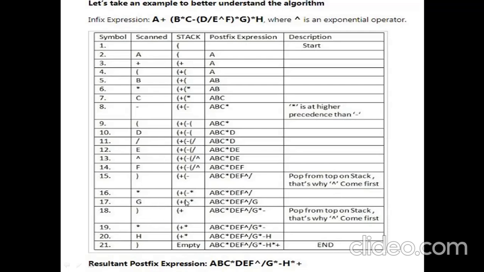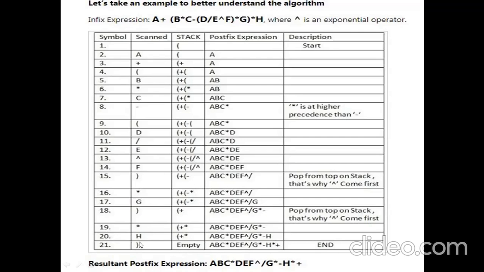Next, the closing parenthesis. So up to this, we pop all the values one by one. First star is popped, then minus is popped. So star is copied over, then minus is copied over here. Now next is star, so we enter star into the stack. Next, H is an operand, so copy it over here in the postfix expression.